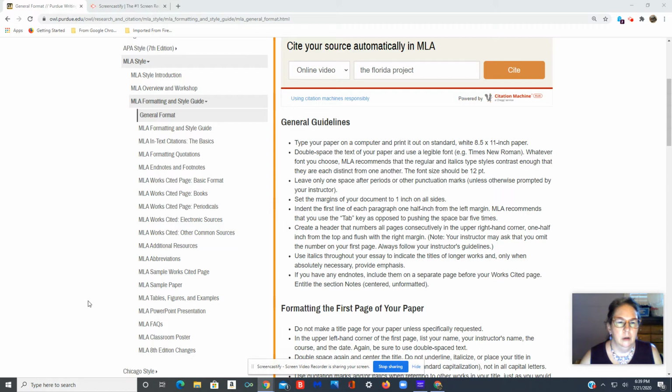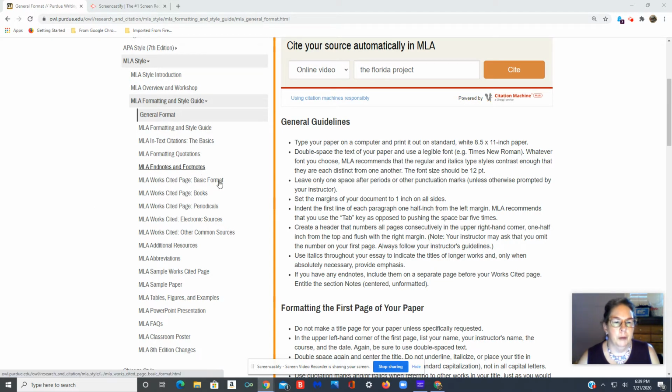But I want you to at least see the basic format for all of this. Because we could do everything from books to periodicals to electronic sources to other kinds of sources. And there's a sample works cited page, and you could do tables, figures, and others. And there's a very cool classroom poster I want to also send you along with this whole link.